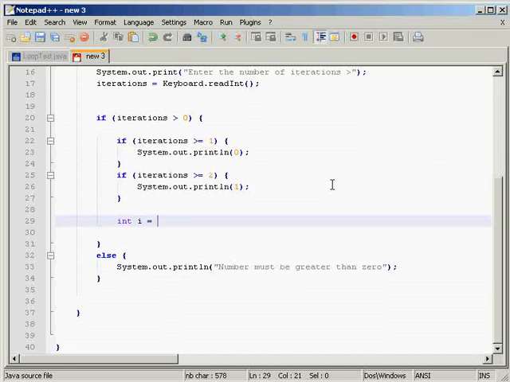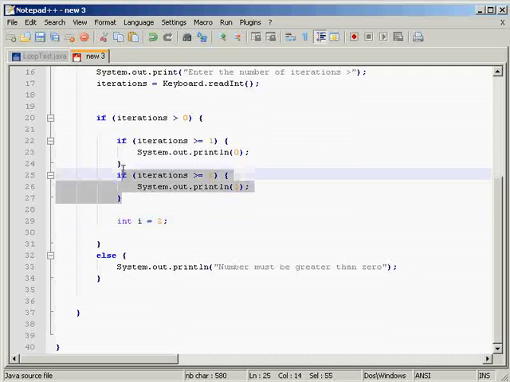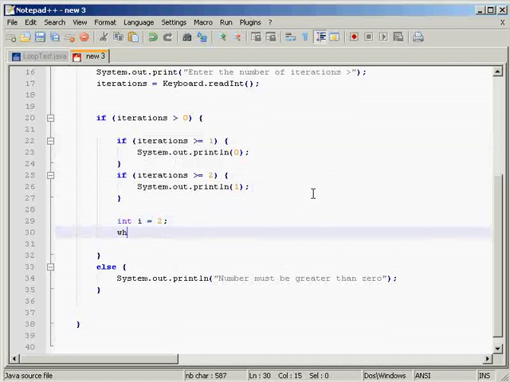Int i. Now what do we initialize this to? Well, we're going to set it to 2. Why 2? Well, we would kind of think we'd set it to 0, but you have to remember that we've already included 2 iterations here, and that's important. So int i equals 2 to start with. Now, while our condition is going to be simply while i is less than iterations,